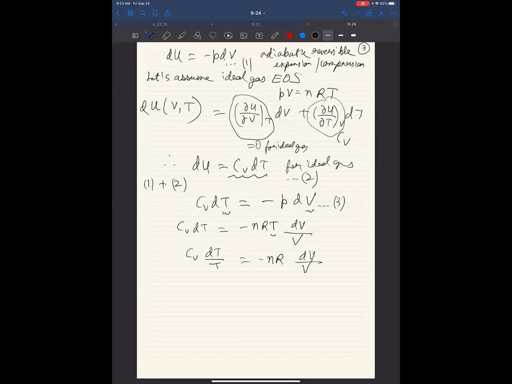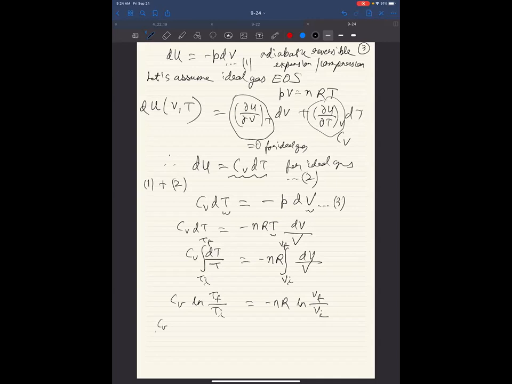And now we can integrate this equation. We know that the volume is going from volume Vi to volume Vf, and the temperature is going from temperature Ti to some temperature Tf. And we don't know what are Ti and Tf. Maybe we know Ti. We don't know what is Tf. So now we can calculate this directly. What is this integral on the left-hand side? Anyone remembers the integral of dx by x? Log of x, right? Don't forget that one. So this means CV ln Tf by Ti is equal to minus nR ln Vf by Vi,